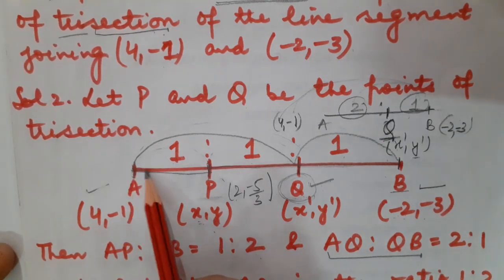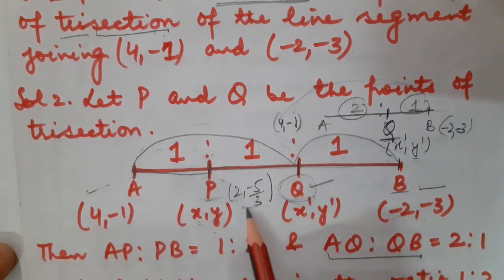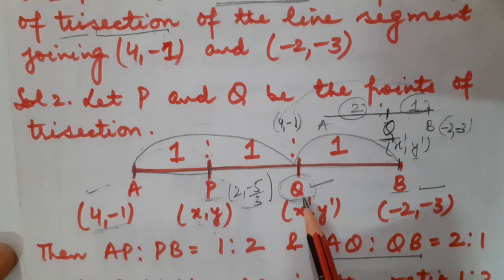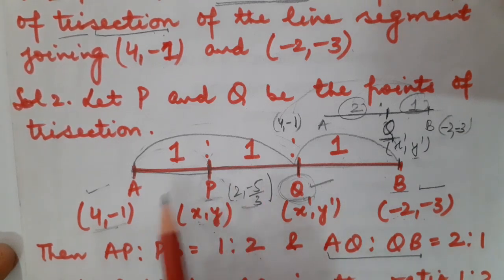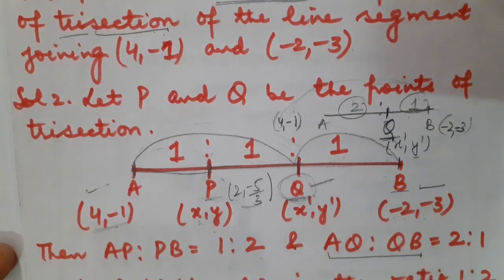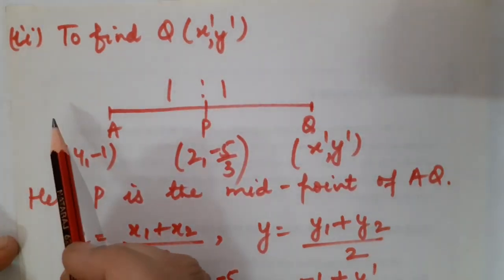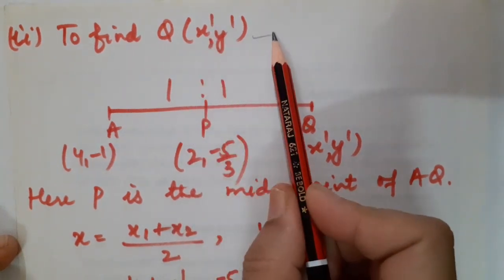Fine. One more thing I know which can be adopted to calculate the coordinates of the point Q. See, I can go for this part also, that is AQ. Here I know the coordinates of point P and I know the coordinates of point A, but I have to calculate the coordinates of point Q. Children, now in this AQ line segment, you can see that P is considered as a midpoint. Again, using the same strategy of midpoint, I can calculate the coordinates of point Q. Okay, that I am going to show you now. The third method I am going to adopt to find Q, that is x dash and y dash, assumed by me.